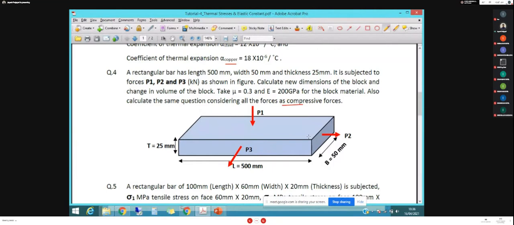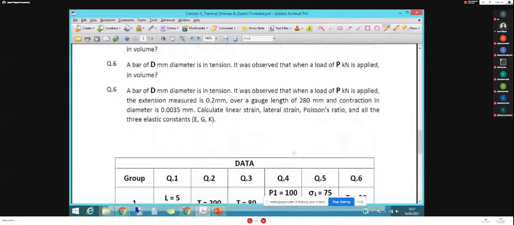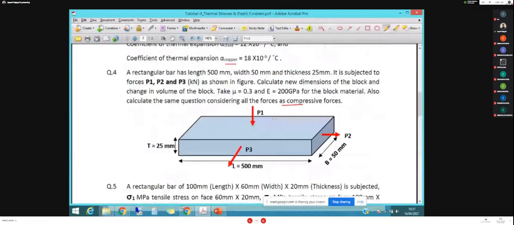Okay, but we are doing the first one. This second calculate you do yourself. What is the P1, P2, P3? That is take from this data 120 and 80. So P1 is 100 mm, P2 is 80, and P3 is 30 kilonewton. Okay,